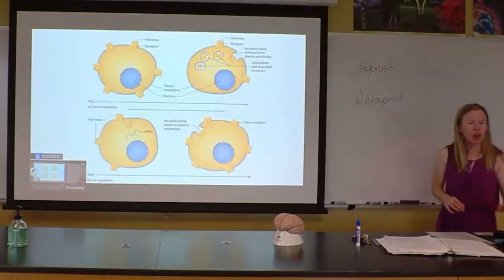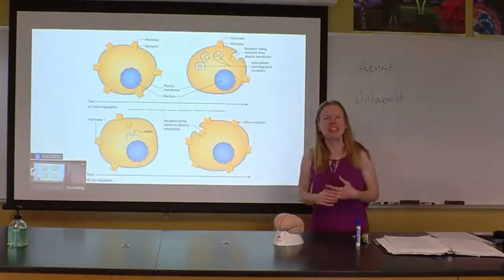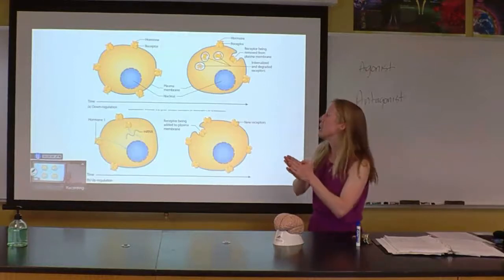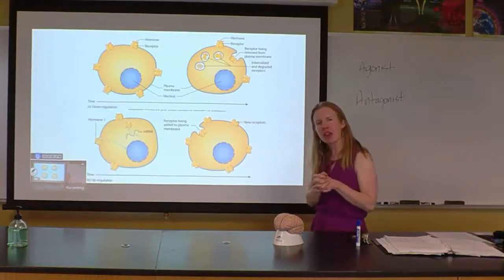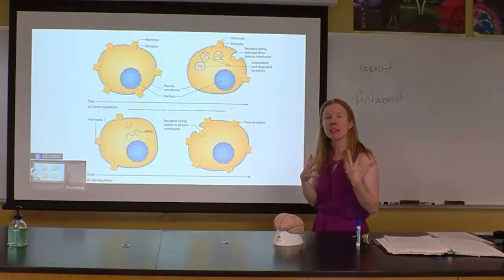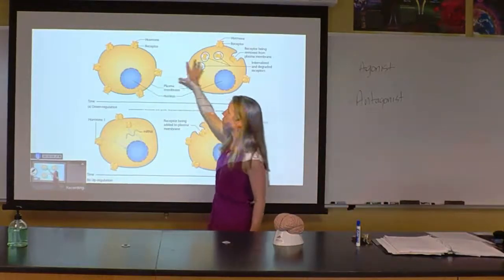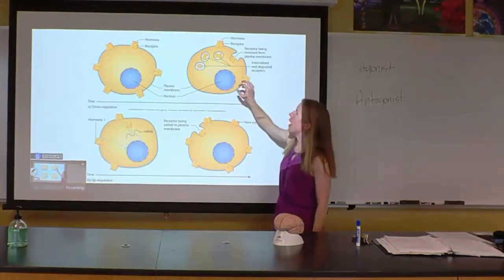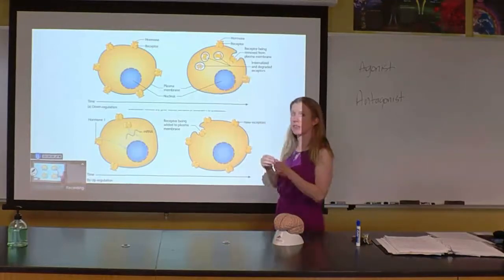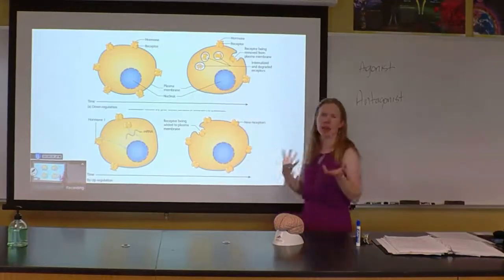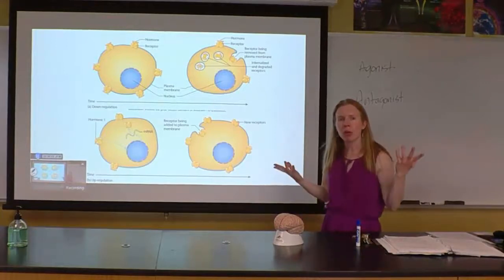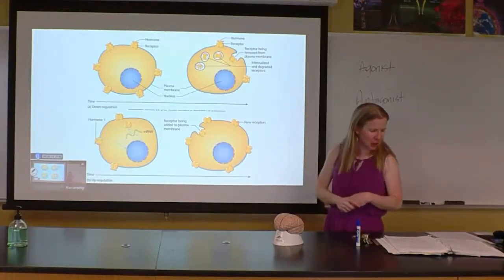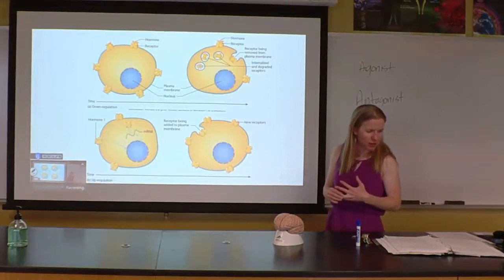Okay, these target cells, this always confuses students, and it's kind of crazy, but these target cells get to change how many receptors they have. So they kind of get to change how much they're listening to these hormones. And so the cells can do two things. This first panel up here is showing downregulation. So there are times when that cell starts removing receptors from the surface of the cell, and we see them getting broken up. That would keep you from hearing as much, right, from that hormone that's circulating.